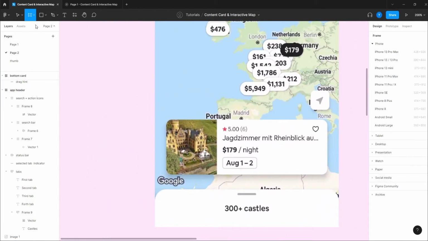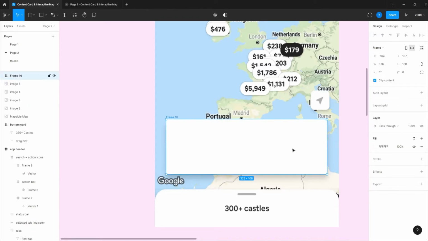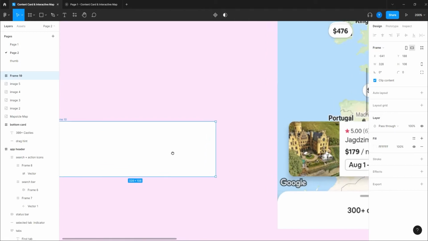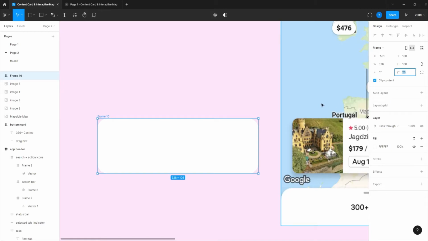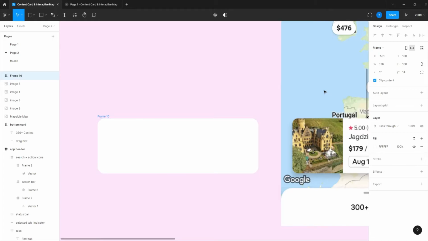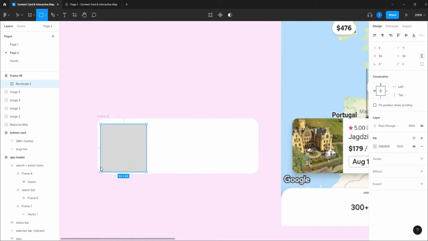So by building the card, basically if I'm taking this one as a reference, I can just open a frame on it. I have the size, and that's about all I need from this one. Something like that. It doesn't have to be identical. It needs to be kind of like built properly. Let's put it like that. Okay, so that's the main idea. And we're gonna give it, let's say 20. No, 20 is too much. Let's give it a 10 pixel round corners, 10, 14, something like that. Yeah, that's okay. And we're gonna do a rectangle here,